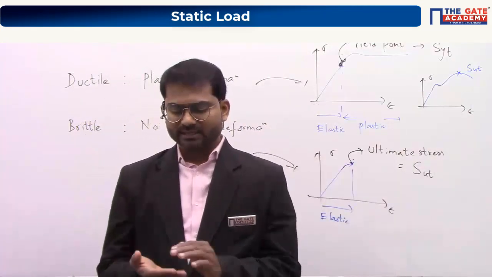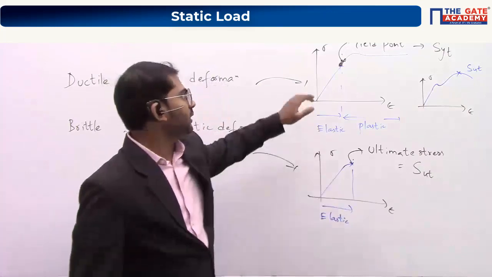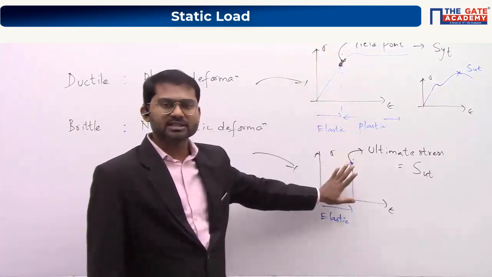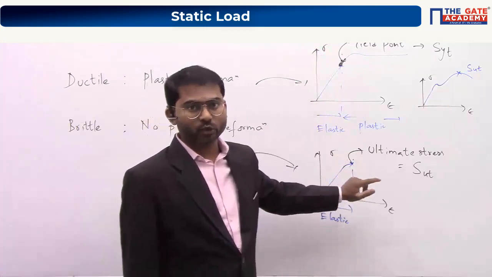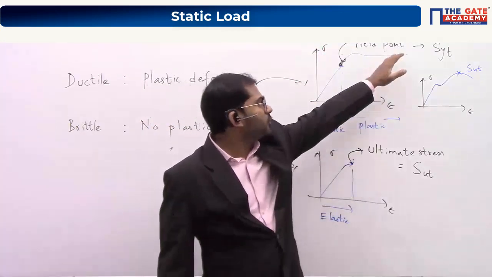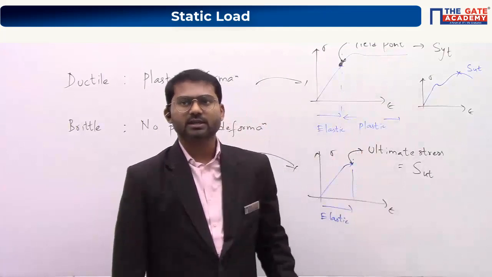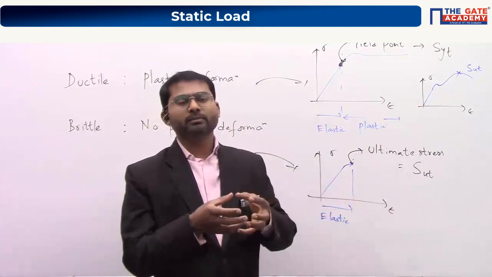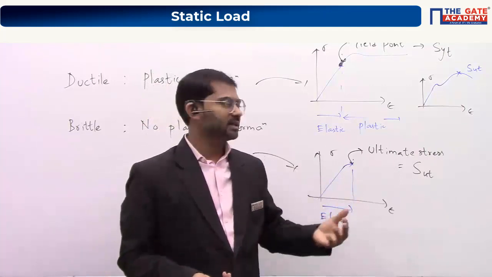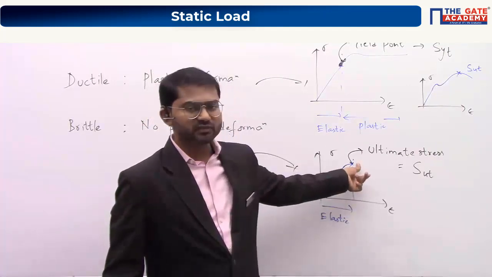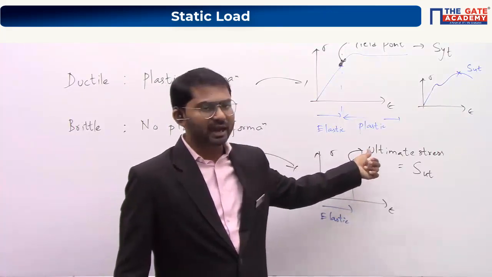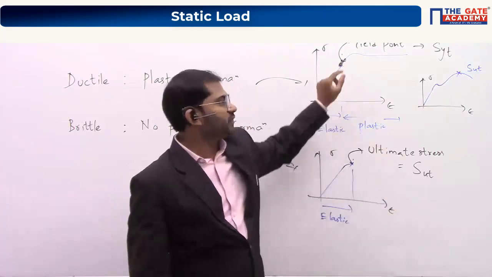Look here. It's a very simple understanding of why we are going with the yield point in ductile metals and the fracture point in brittle metals, and why we are not going with the fracture point in both cases. That's what we are going to study here. This is very clear, because once a metal breaks, we can't use it. That's the reason why we take the stress value at the fracture point as the failure stress, which is nothing but the ultimate stress itself.